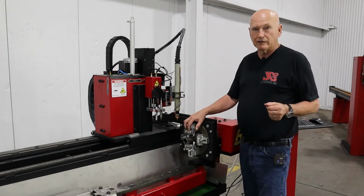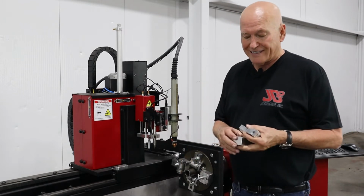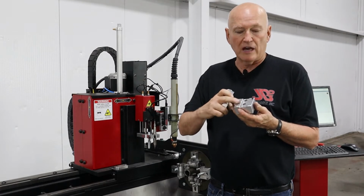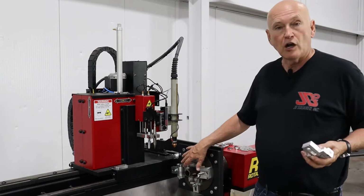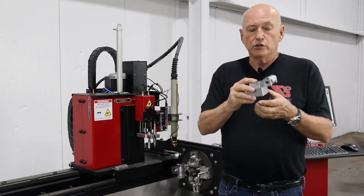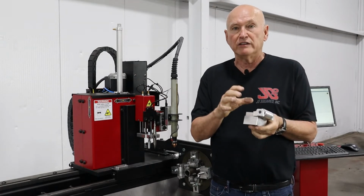Alrighty, let me go ahead now and get another piece so that I can show you how we actually align these things here. In order to show you how to adjust the stabilizer, I've gone ahead and picked up another riser block. There are actually 2 of them in the machine on opposing sides. If you look at a riser block, it has a groove that the yoke itself will slide up and down in. It has a ruler type scale engraved in it, and it has a roll pin. The exact same markings are on the steel ring on the yokes that don't utilize a riser. The idea is if you look at the yoke, there's an indicator mark right here, and then you have the ruler here. You can adjust the roller to where you want it for whatever size tubing you want by lining up the indicator on the ruler markings, let's say at 2 inches,